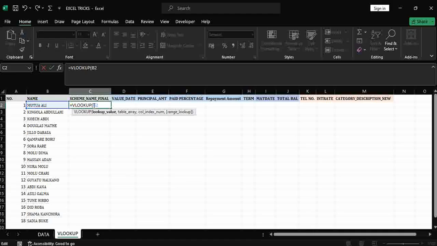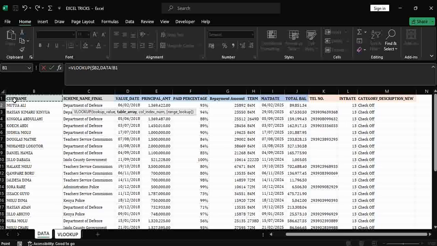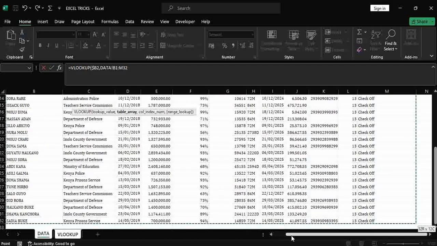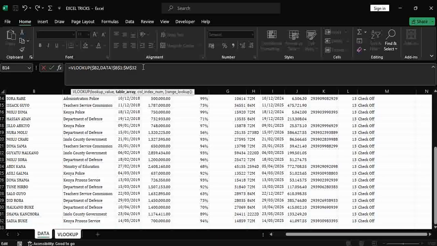So in that case, this is referencing. You know about absolute and relative referencing. So by now I want just to fix my column by using the dollar sign before the column that I want to fix. I say comma, table array. This is my table, right? From customer name, copy across, copy down, and F4 to fix these values completely. So you can see I have a dollar sign before the column and I have a dollar sign before the rows. So I'm done with my table array, comma,